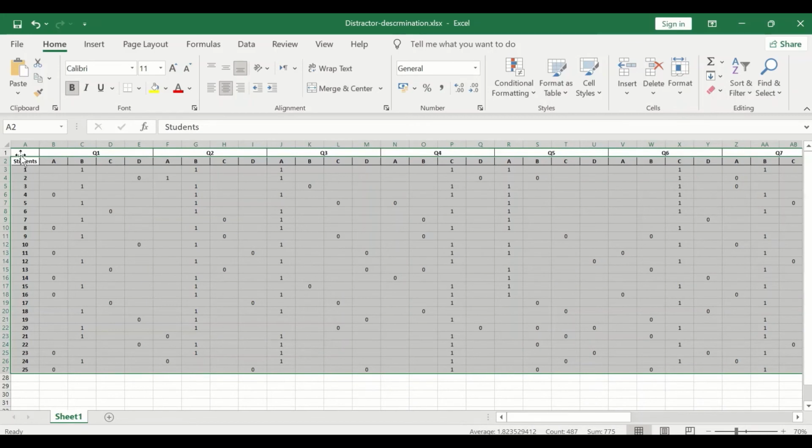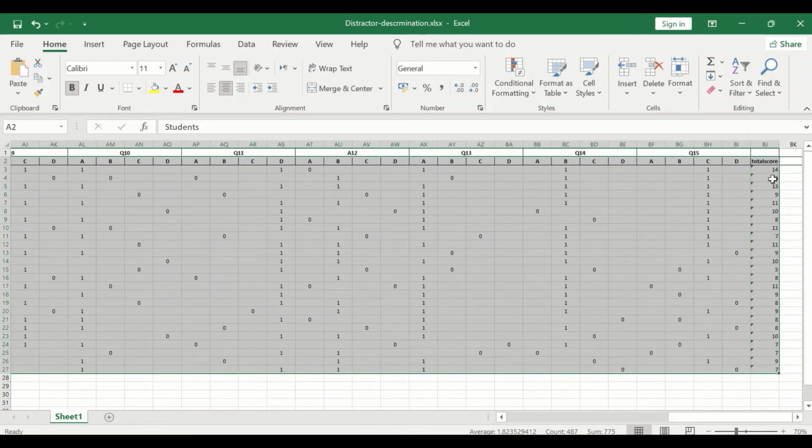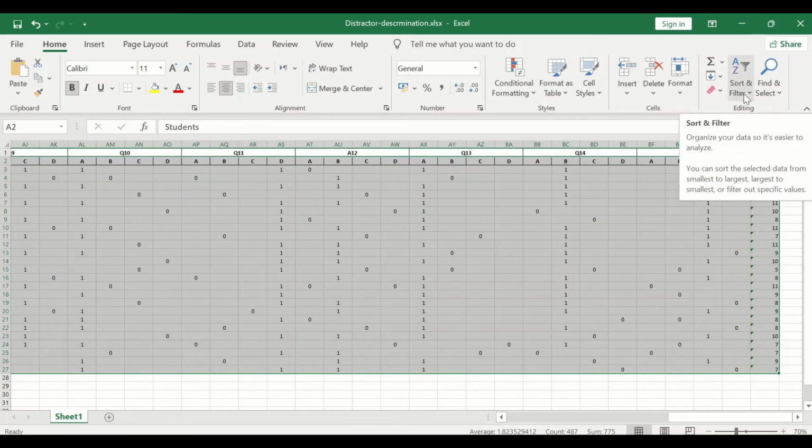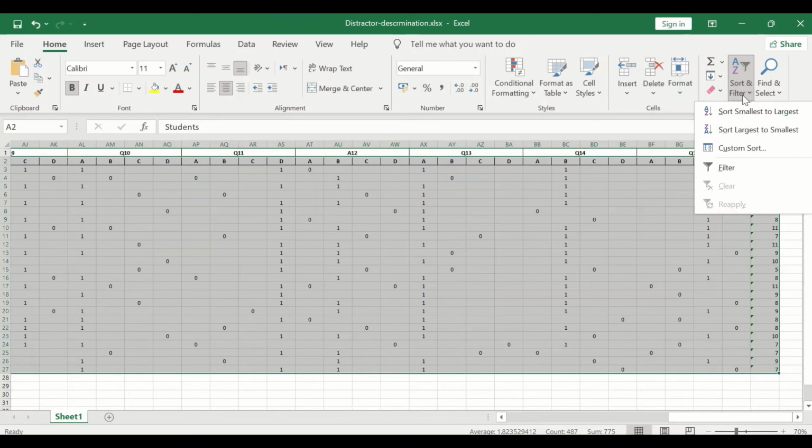So we have selected all the students with their multiple choice options and the scores they have achieved. To rank this data using the total score, select and click on Sort and Filter and use